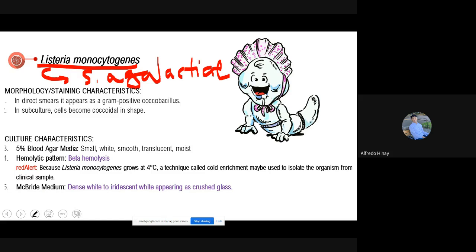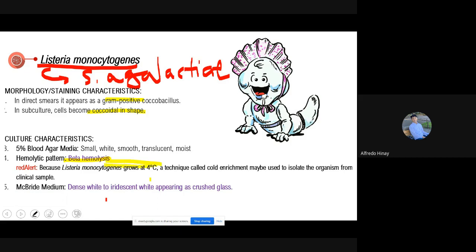Because based on the other biochemical tests, and that includes first your hemolytic pattern. So yung cocoidal sila sa class in shape. Okay, tapos gram positive pa talaga. Okay, so ang hemolytic pattern pa talaga is beta hemolysis. So para talaga siyang S. agalactae. Okay, and then ang kagandahan ni Listeria monocytogenes class, we can use to cultivate that one at 4